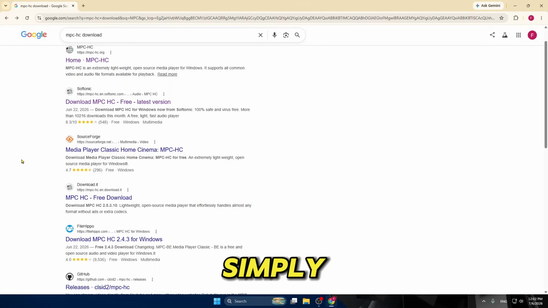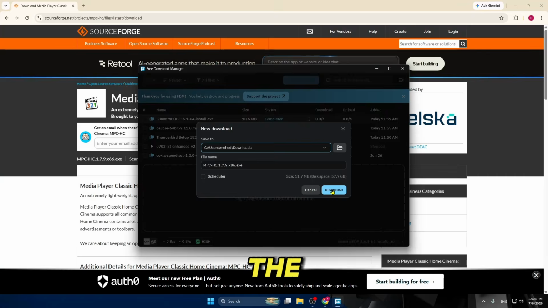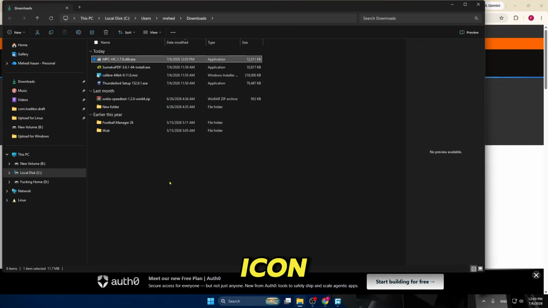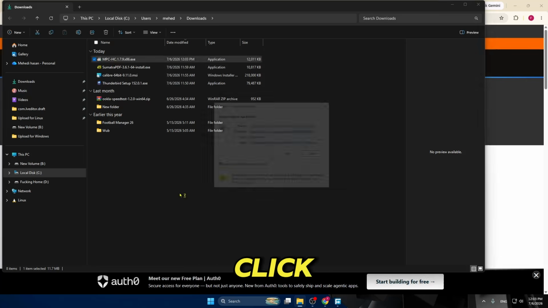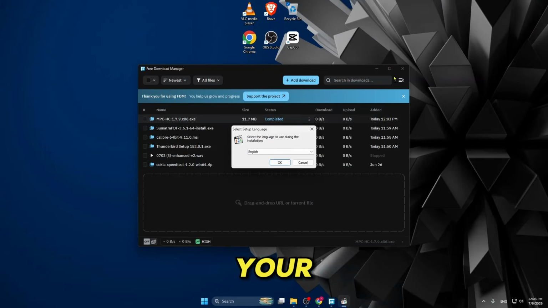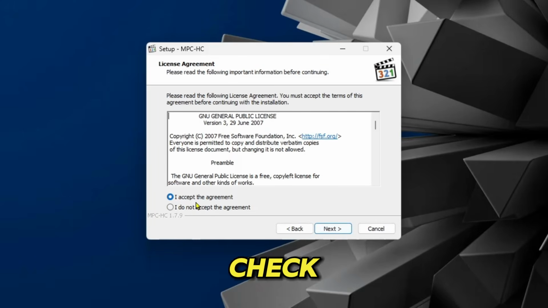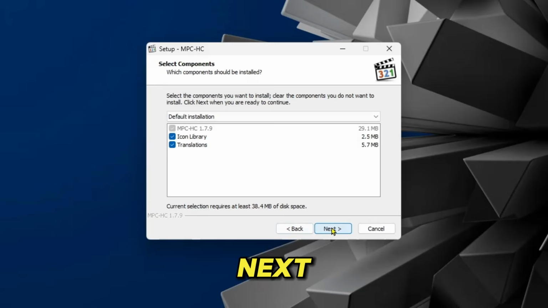So now you can simply come over into the SourceForge. If you click on that, click on the download option. Now you can simply click on the download, click on the folder icon, and as you can see, here is your installer.exe. If you click on it to install it, click on run, click yes for the permission. Now you can simply minimize all of your background tabs, click OK, next, check I accept the agreement, next,